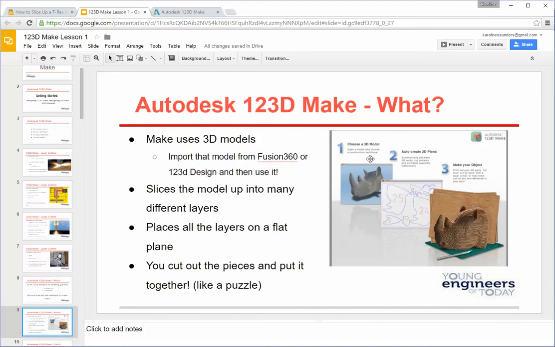And that's where we get into 123D Make. So 123D Make uses 3D models. You can import the models that you create from 123D Design and then use 123D Make to 2D print them and assemble them into 3D designs. What this software does is slice up the model into a bunch of different layers, places all these layers